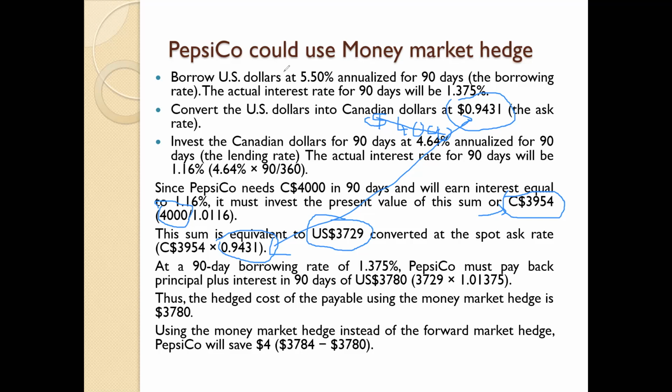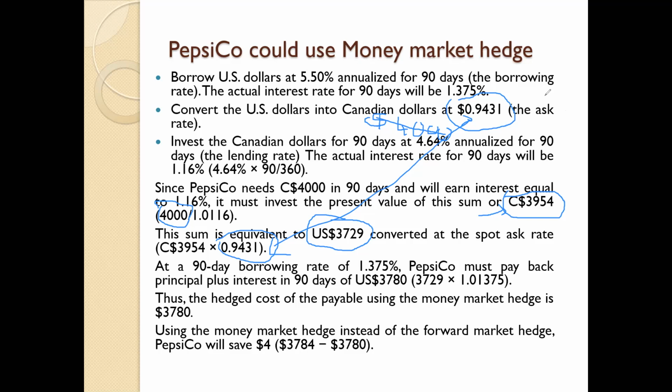I will explain it again in a very simple way. Now we know the scenario that after 3 months time period, the trader has to pay Canadian dollar 4,000 to the Canadian marketer or Canadian business person, right? Then you are getting information regarding the spot rate, forward rate, and interest rate in the Canadian market as well as the USA market.